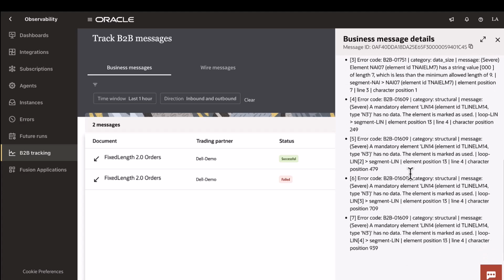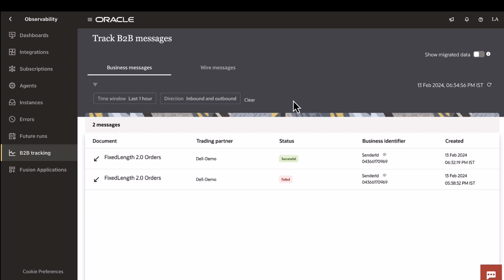So this is how you would set up your fixed length schemas, documents, and use them as part of your